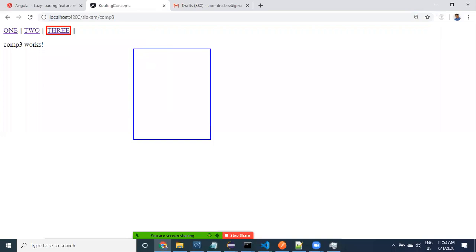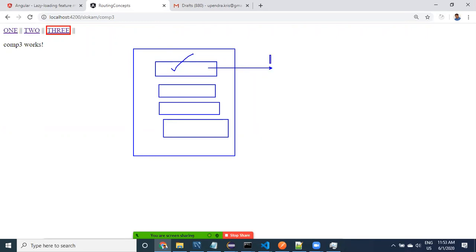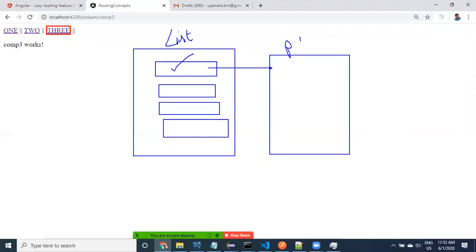In real time, there are so many products. Assume these are the products. Product list is one component. When the user clicks on one, it has to go to another component, the product details component. This is the product list component, and this is product details.